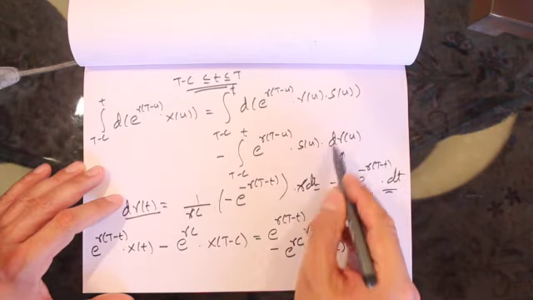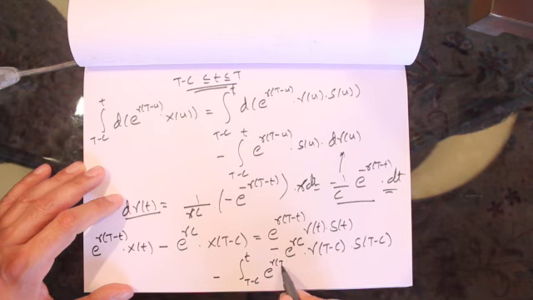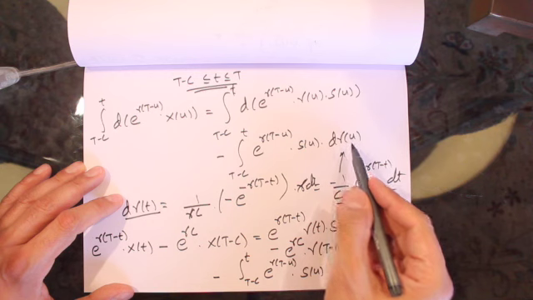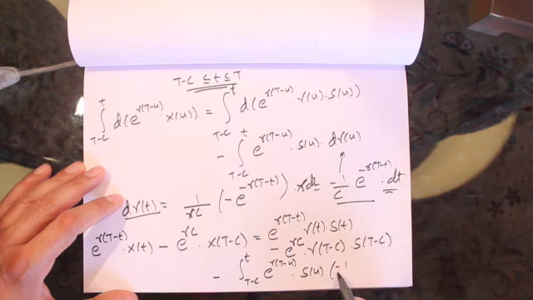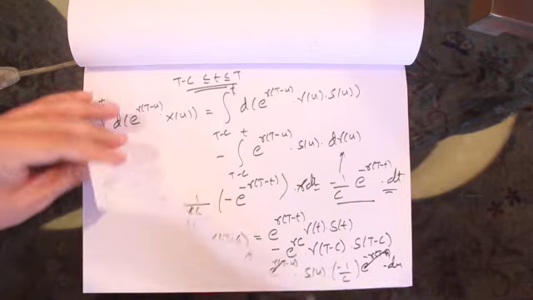Now if I put this here, I'll get minus the integral from t minus c to t of e to the power of r(T minus u) s(u), and instead of d gamma(u), I'll put minus 1 by c e to the power of minus r(t minus u) du. Here, I have a plus r(T minus u) minus r(t minus u). This basically goes to 1, and I'm basically left with